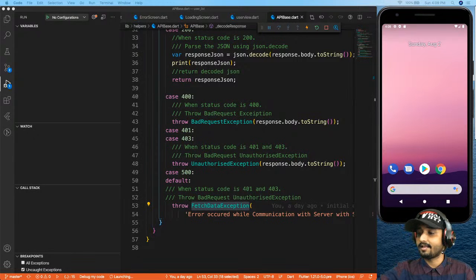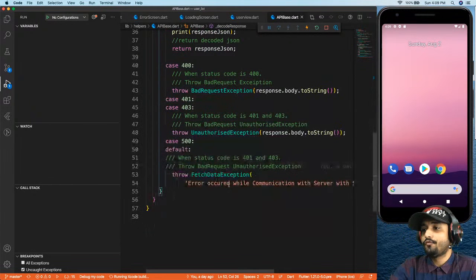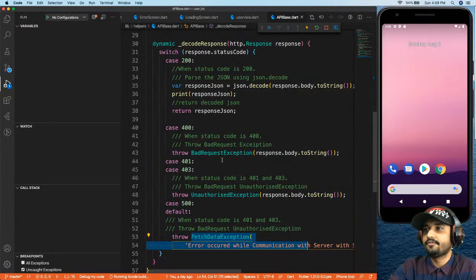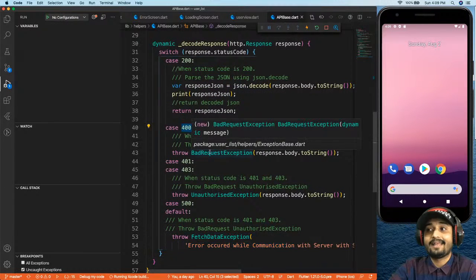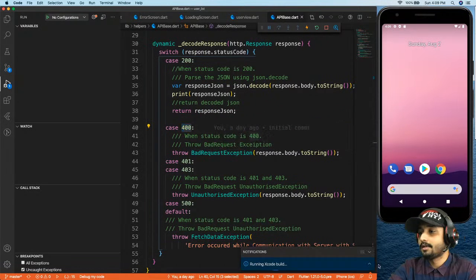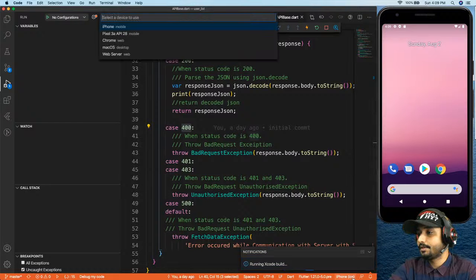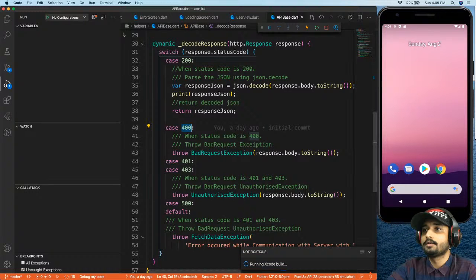So till then, we will be doing a recap for what we did yesterday, right? And so till now we have achieved the different way of handling, or the different status code of handling the exceptions. So we have different exceptions handling, and let me just rerun my app so that we can have our app